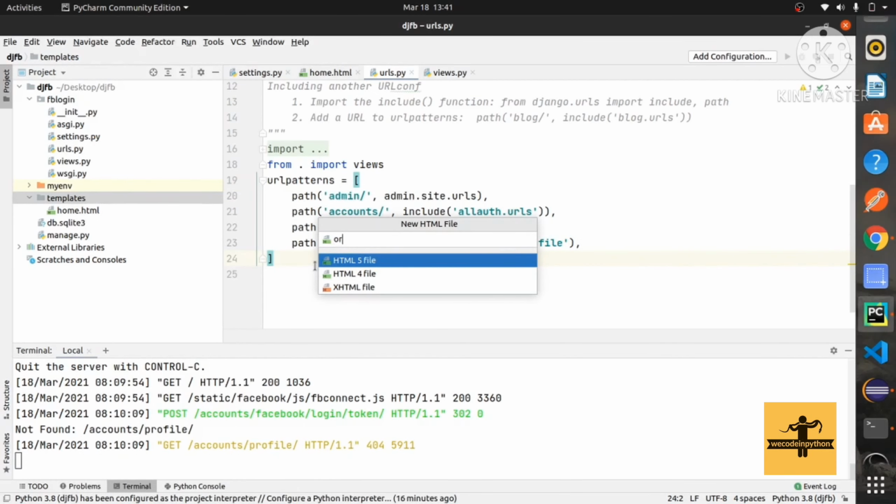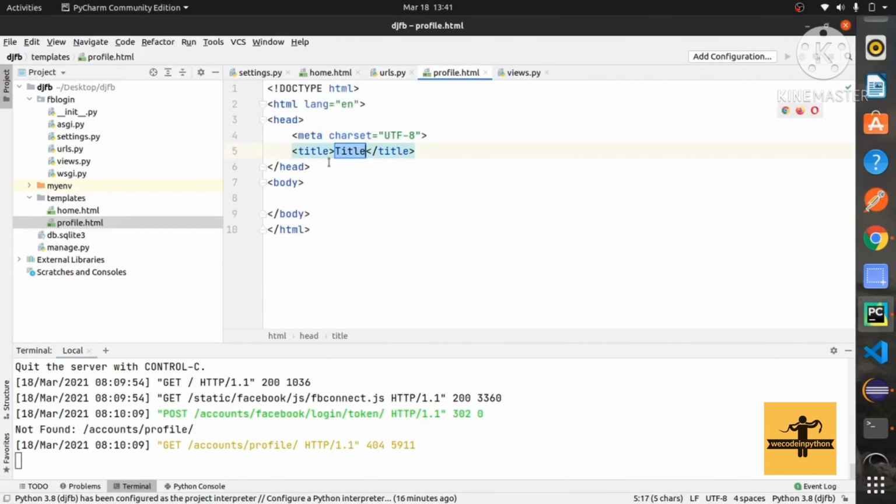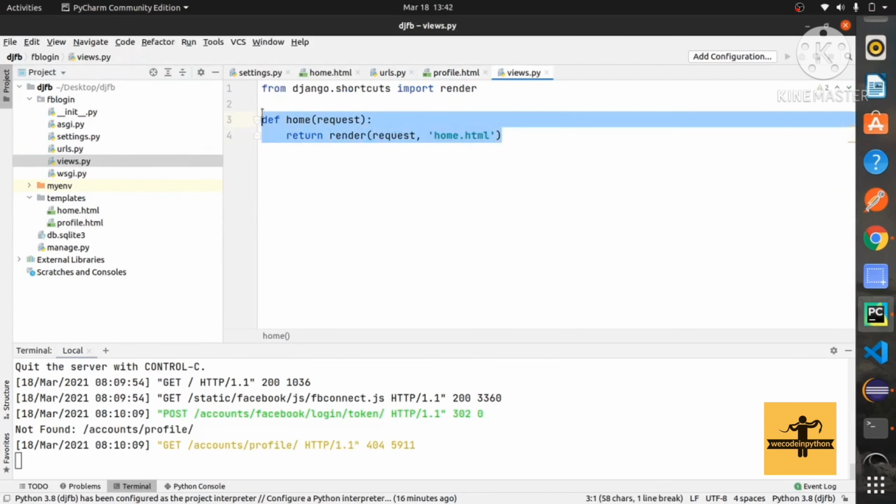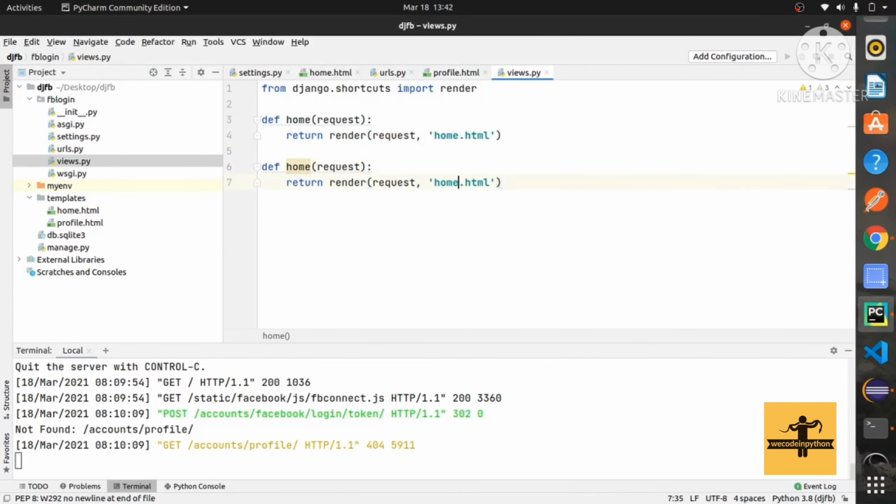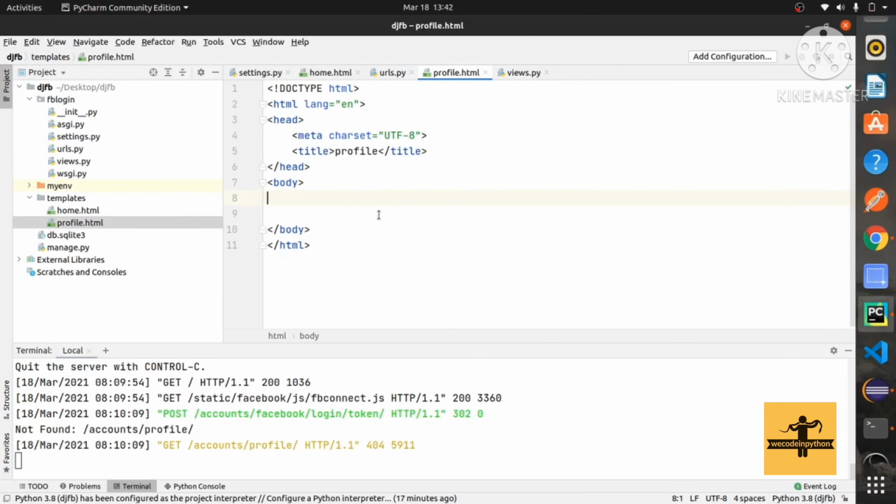Profile.html will be our page name. So now def profile, return profile.html, and here we will write some data. So user.get_username, that's how we will get the username.